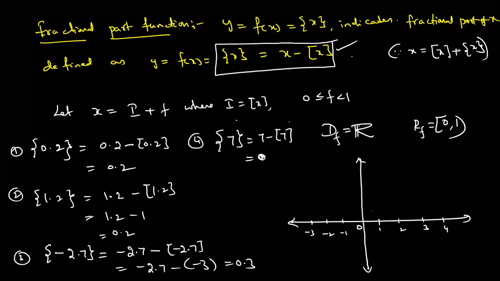Just a minute, I'm drawing the picture. y is equal to 1 is the maximum, but the curve is not touching it. That means 0 is the minimum. Like that it's coming. Take any value, suppose 2.1. How much is coming? 2 is the integral part, like that.